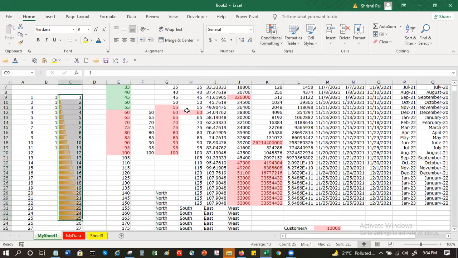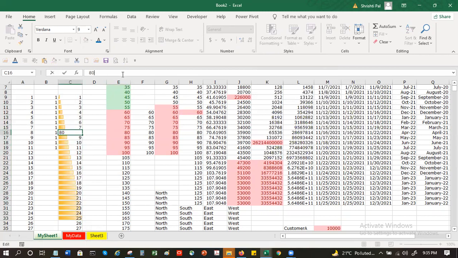Now, in between, again, there is a spike. Let's say somebody's value changes to 80, the system will readjust it. Again, in between, I make it, let's say, 5. So in case your values change, the conditional formatting will change accordingly. You don't have to redo it. Clear? Can you please repeat the steps once again?